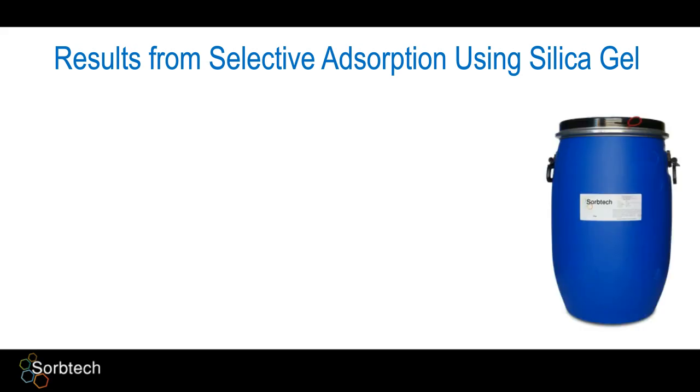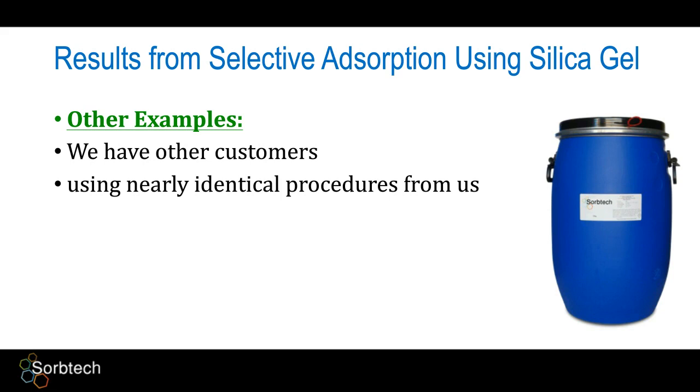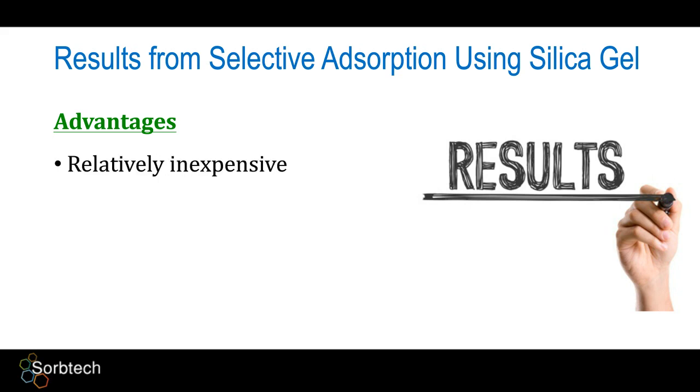So there are other examples. We have many other customers using nearly identical procedures that they got from us to achieve this objective, which is to decontaminate their cannabis extracts. So the advantages of using silica gel is it's relatively inexpensive, it's relatively high capacity, it's stable,